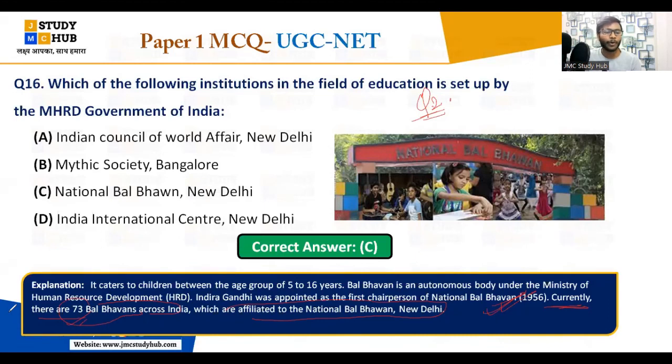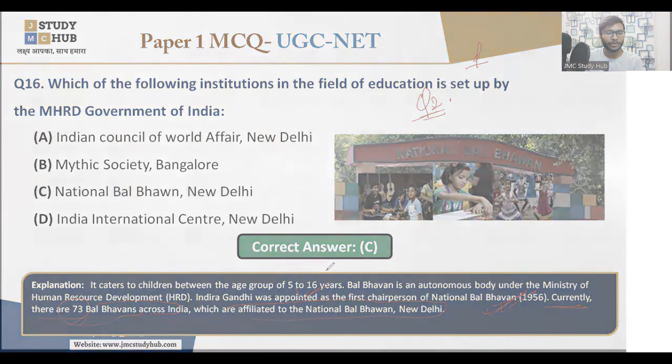So that is very important, the age group can also be asked, right? What is the age group of the children in the National Bal Bhavan? Everybody, what is the age group of the children in the National Bal Bhavan? That is 5 to 16 years, right? Yes, very good. Everybody has answered, 5 to 16 years. So many of the questions here are all important. Okay, सारे questions important हैं. So basically